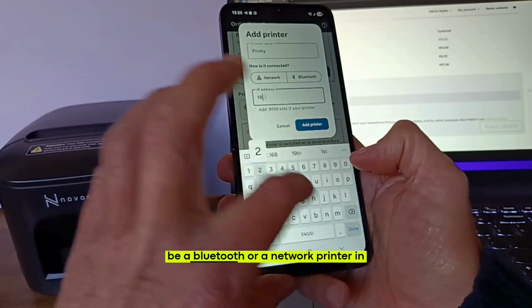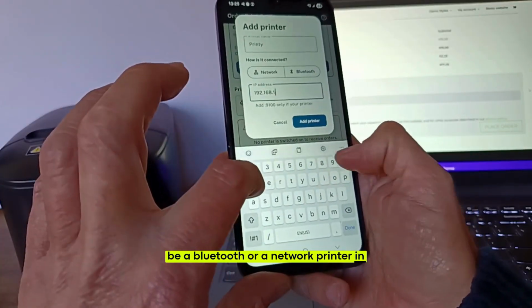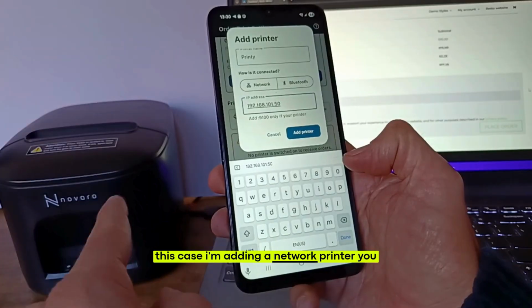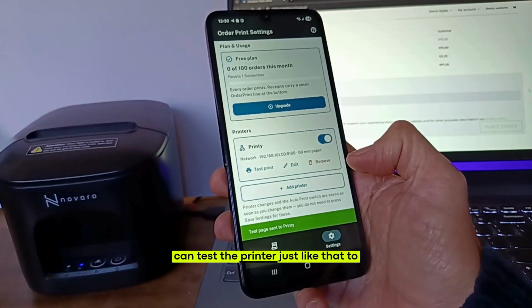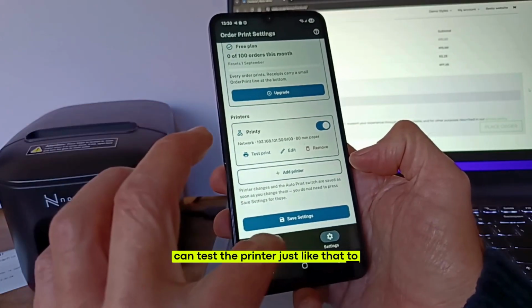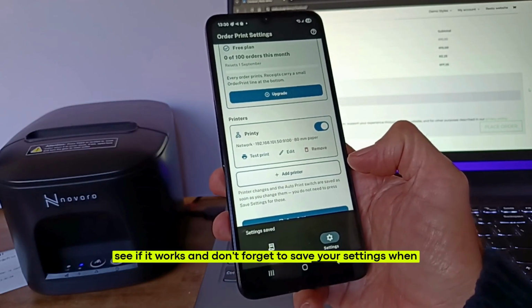Can be a Bluetooth or a network printer. In this case, I'm adding a network printer. You can test the printer, just like that, to see if it works, and don't forget to save your settings